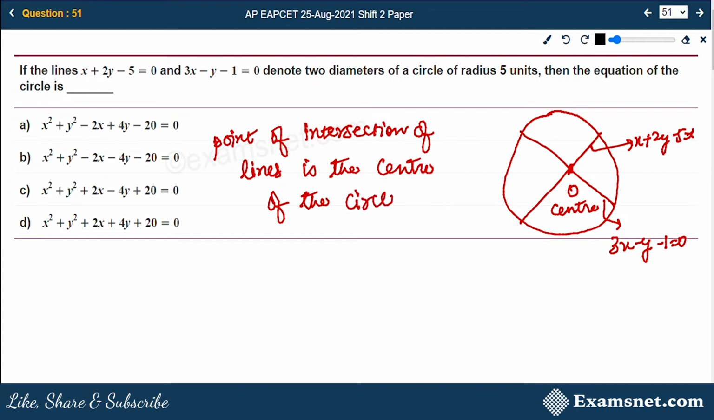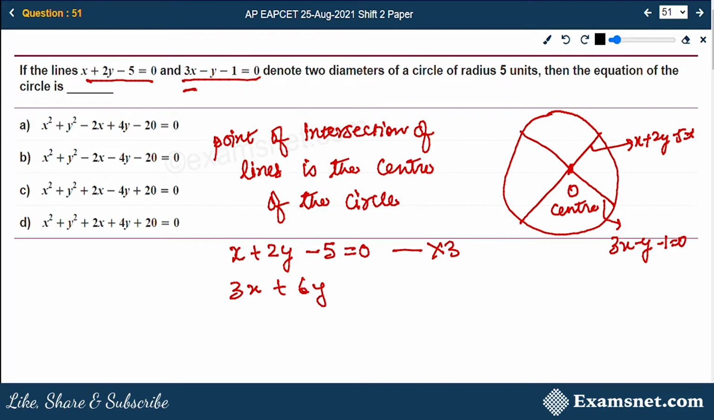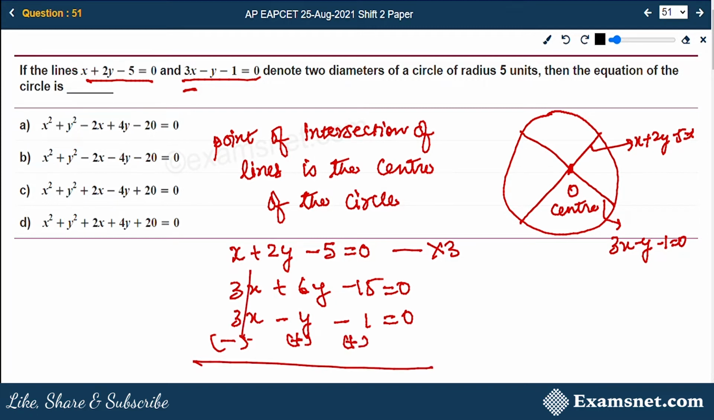So let's find the point of intersection. This is x plus 2y minus 5. This is 3x minus y minus 1. So I will take this line and multiply it by 3 to make the coefficient of x equal. 3x plus 6y minus 15 is equal to 0. The second line is 3x minus y minus 1 is equal to 0. Subtracting them, you will get 7y